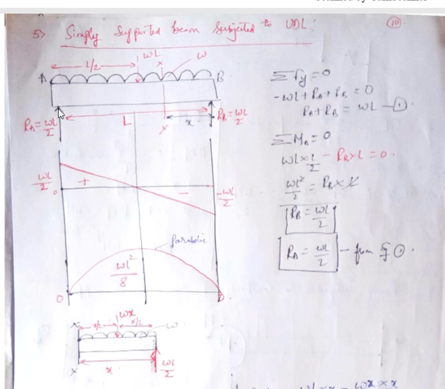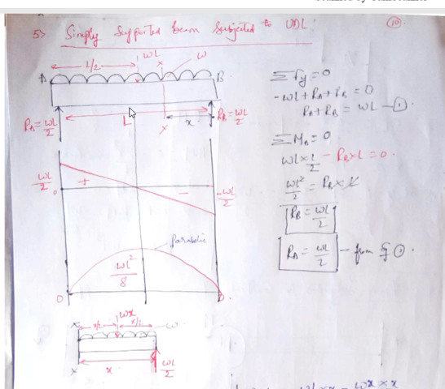Now here there are two supports. This is the support at A. Instead of representing a hinge support or a roller support, we can directly represent it in the form of a reaction also. This reaction I have written as WL by 2, but initially it will be unknown. And here also you may have a hinge support or roller support, and because of that support there is a reaction in vertically upward direction. That reaction is initially unknown, and we need to calculate it.